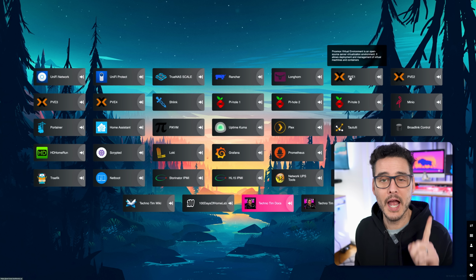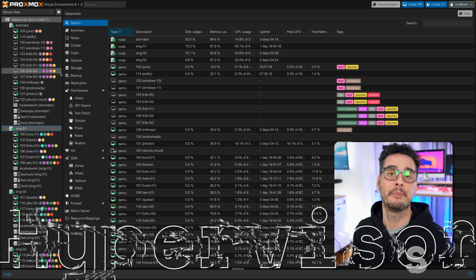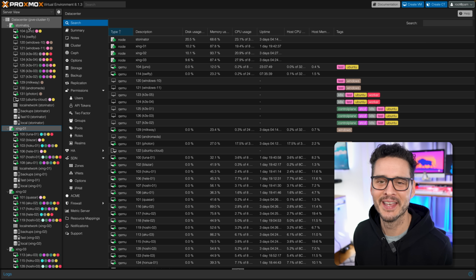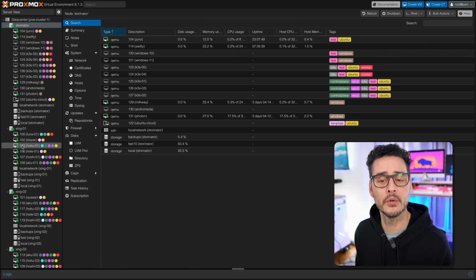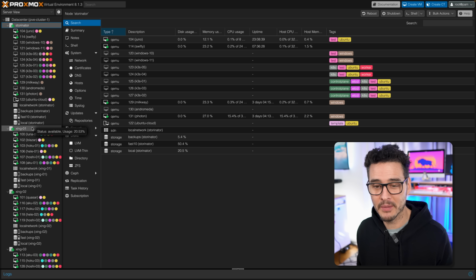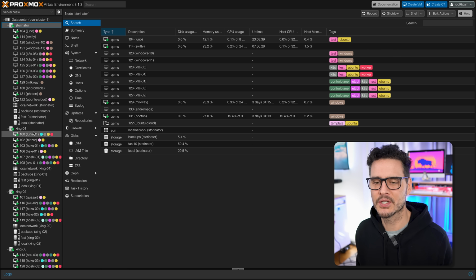Next, let's start on hypervisors. Hypervisors is a big one for me. I'm still using Proxmox and I love Proxmox. I can't imagine using anything else at this point. And as you can see, I have 4 nodes here, and they are in a cluster. You're probably wondering about quorum since I have an even amount of devices, but I've made some adjustments so that I can have quorum even with 4.